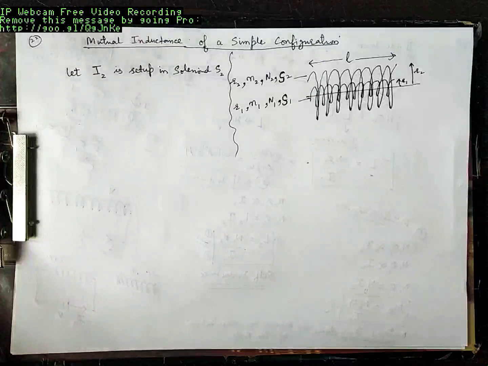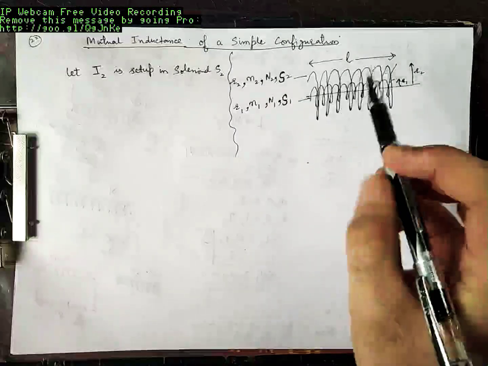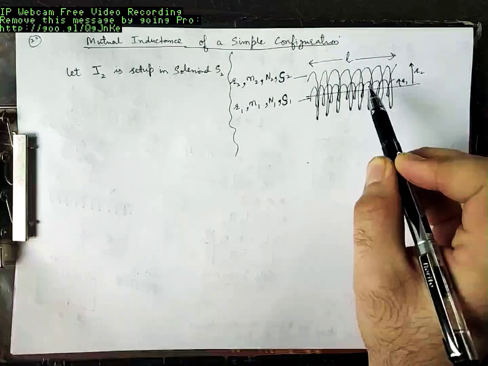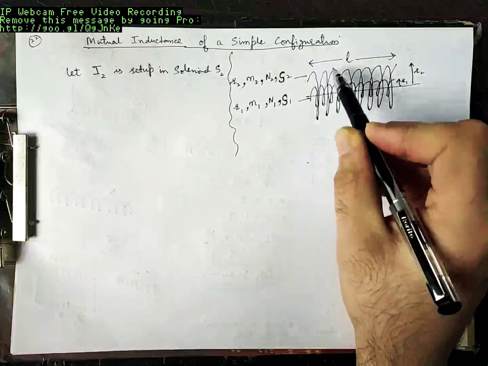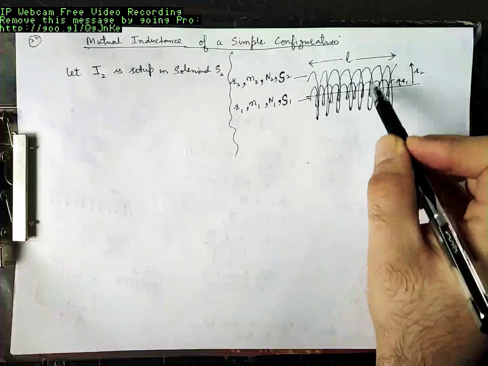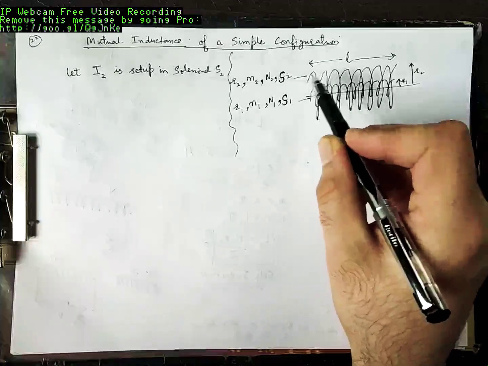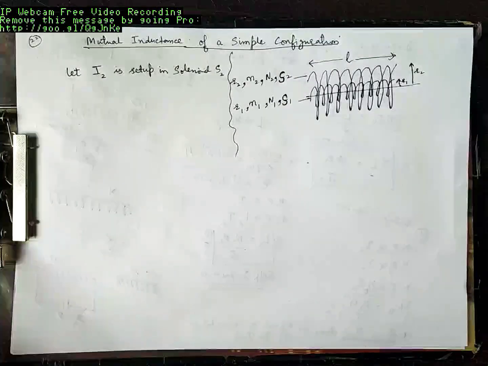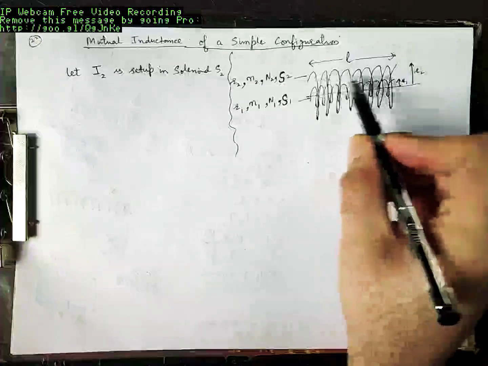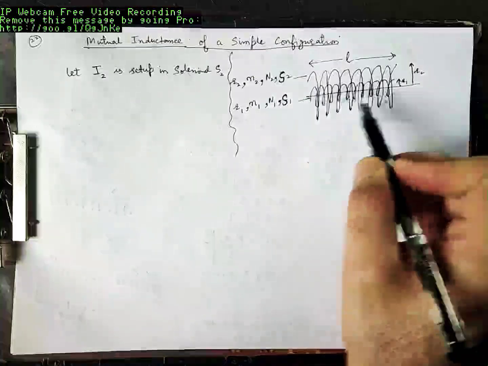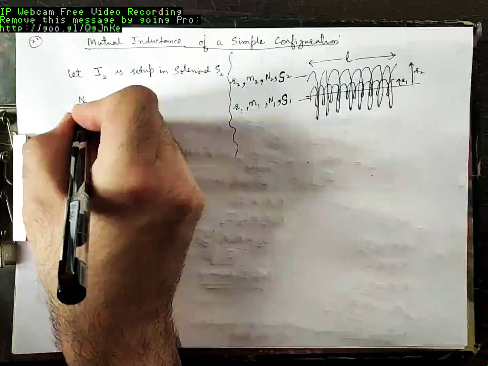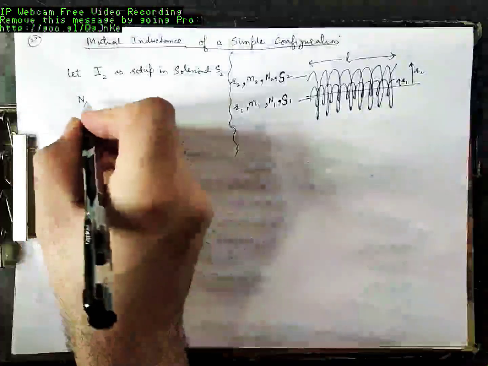Now, how much flux will link solenoid S1 because of current in solenoid S2? If current I2 in S2 is a large value, its magnetic field will be stronger, so its flux will be more. When its flux is more, the flux linking solenoid S1 will also be more. That's what we have discussed till now, that total flux linking solenoid S1, N1 phi 1,